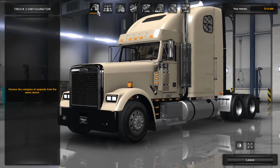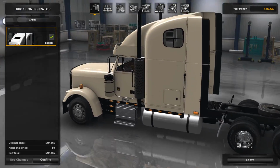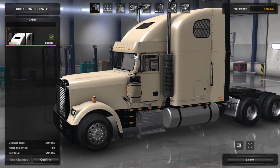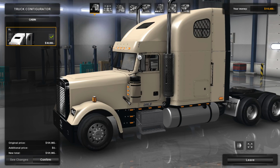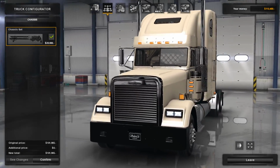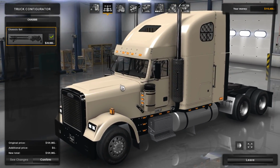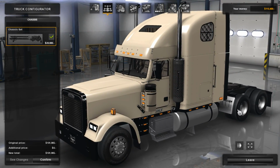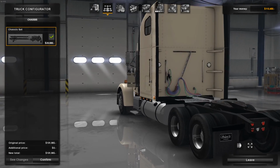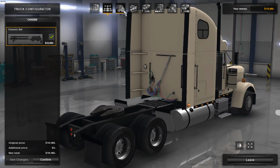Now let's check the options. Cabins, as I said, you only have the XL cabin, which is basically your full sleeper. I'm more of a flat top guy, but in this truck it looks pretty cool actually, and it's not like I have any other option. Now, chassis, as I said, doesn't really have that many options. We have a 6x4, which is pretty much only traction in the two rear axles. Now for engines,